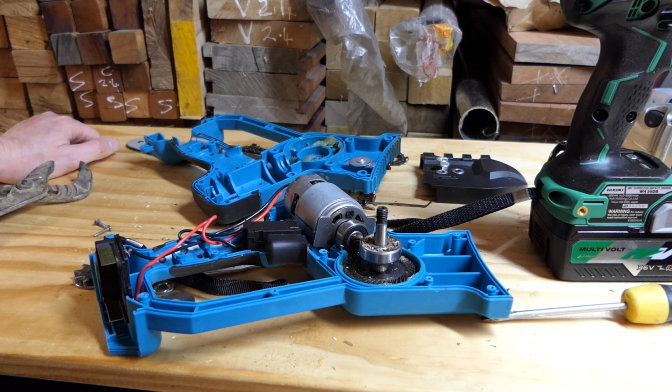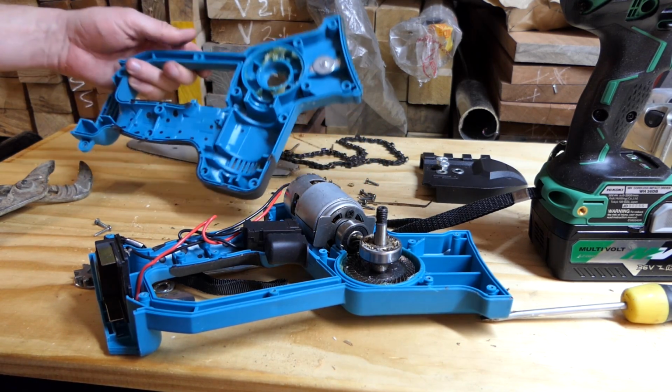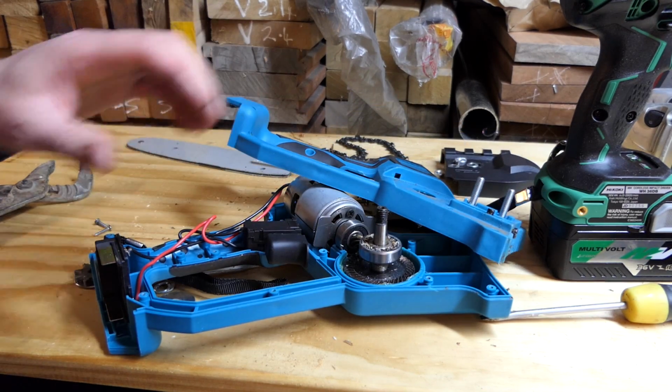I've had it just about the longest out of all of them, and I still haven't done the review yet. But it's not one that was sent to me or anything. I bought it and it's shit hot. I love it. Anyway, as for this one, if you want it, you know what to do,